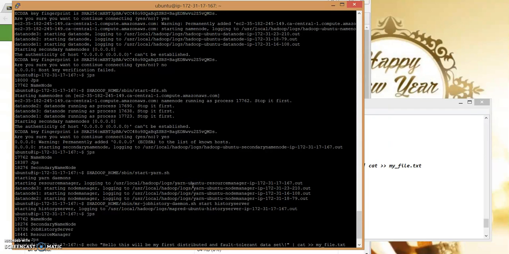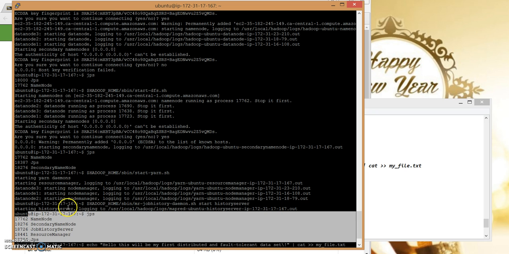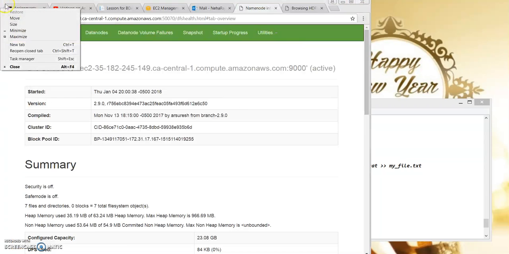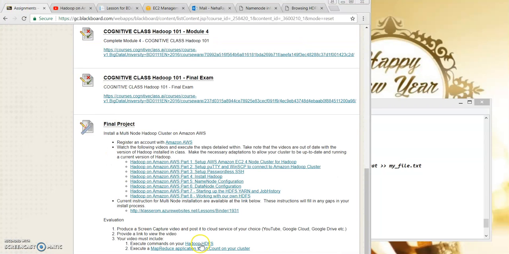A very good evening. I'm so super excited right now because finally I have my AWS cluster set up. I have my DFS, Yarn, everything running. I have fired JPS and I can see all of them running. So I'm super excited right now to complete my final part of the assignment, that is Hadoop HDFS and MapReduce